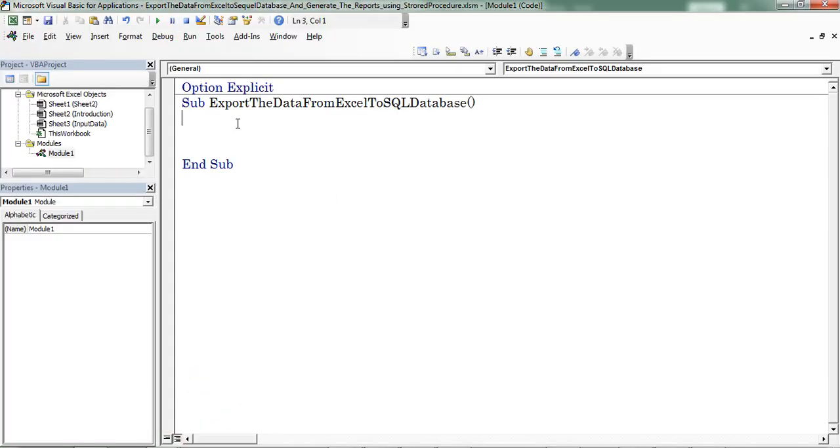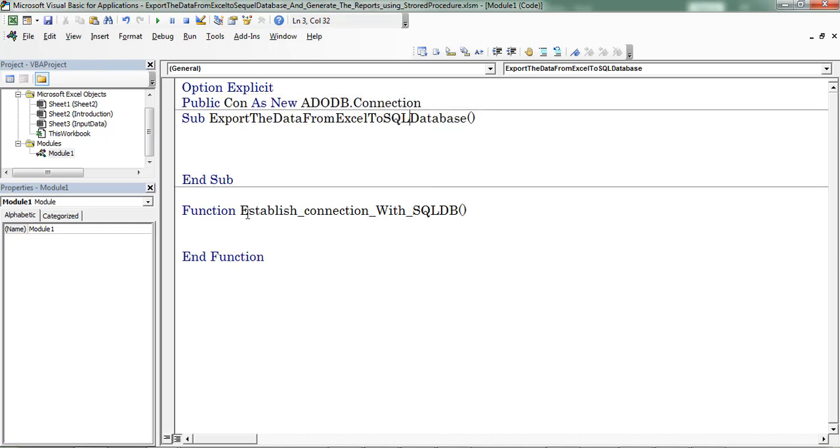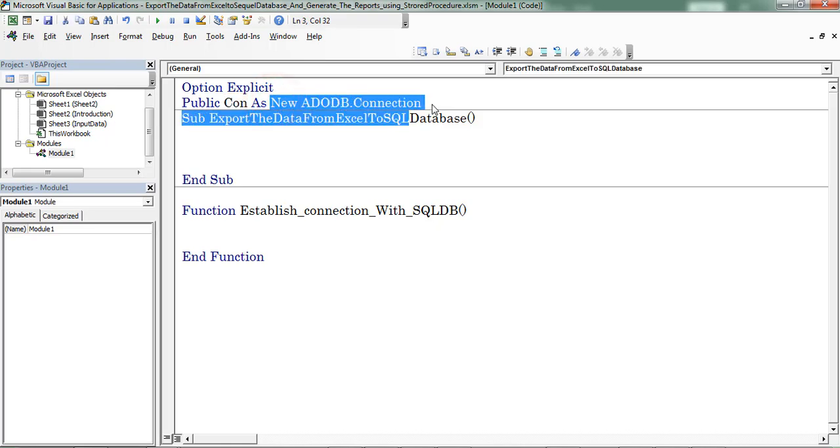Here I am creating a function. I provided the name to this function, establish connection with SQL database, and after that I created a variable which is named as CON. That CON refers to new ADODB connection.